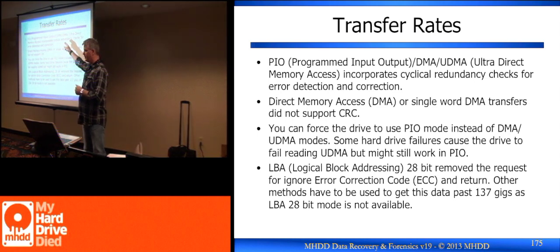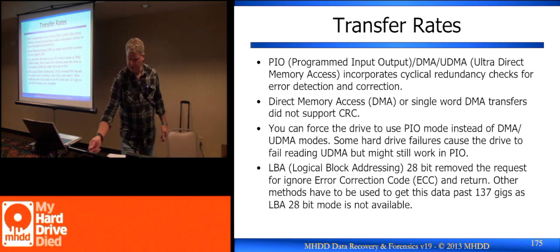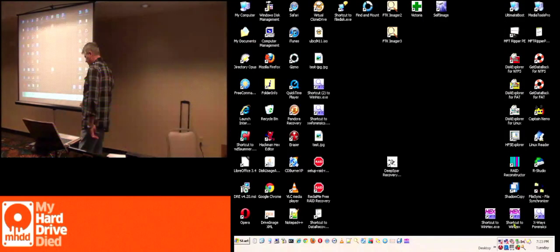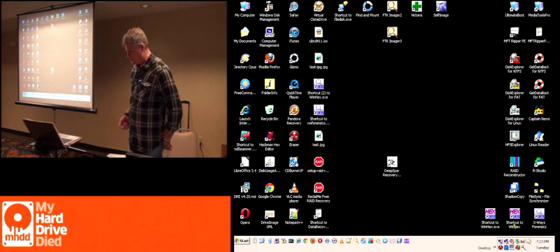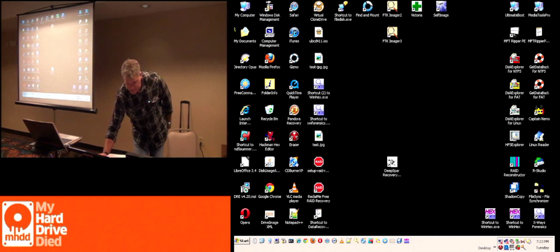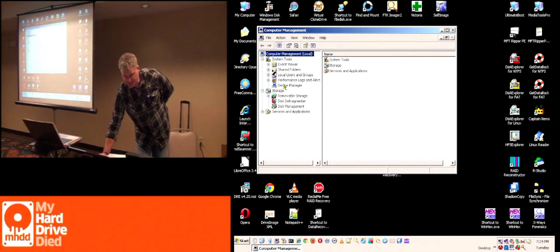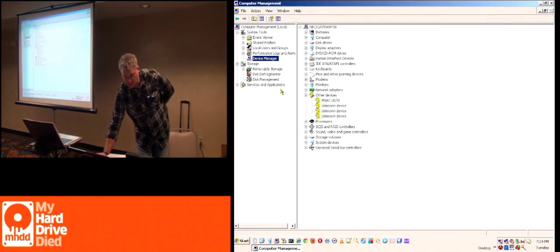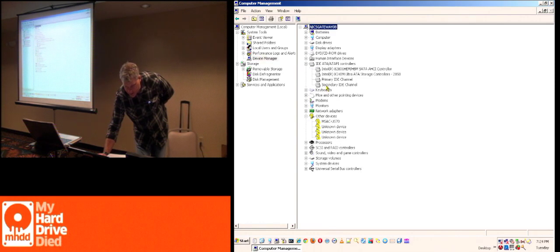And so PIO mode, DMA, two very important things. You can do these manually with Linux, or you can do them manually with a Windows system as well, but you have to know what you're doing. Most of you might not even realize this. As an example, if I'm on a Windows system, it's probably harder to find in version 10 at this point, well, this is still XP. But if I was on a Windows system and I wanted to switch my drive to see if I could do recovery without having to work really hard at it, I can go to my IDE interfaces. I'm going to use the secondary adapter.